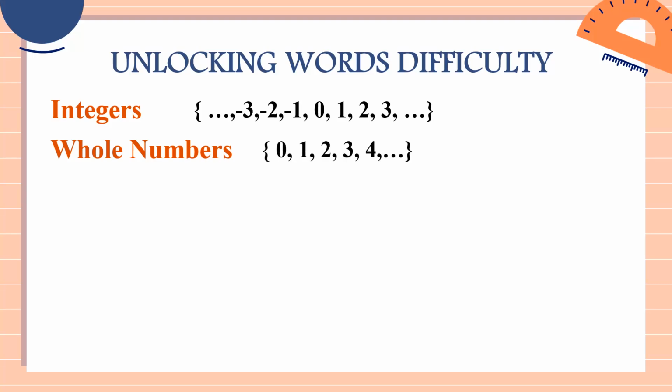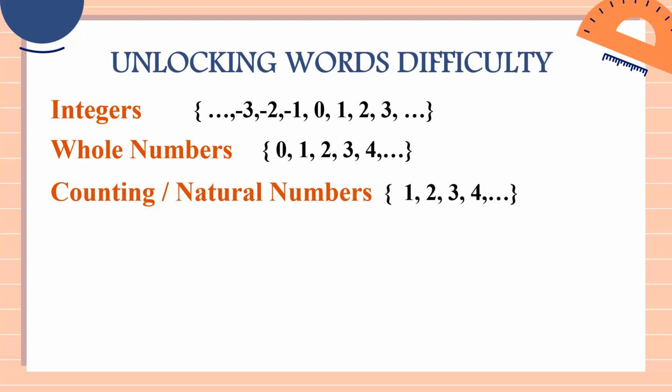And we also have whole numbers. So whole numbers, these will be our examples. So we have 0, 1, 2, 3, 4, and then so on and so forth. So for whole numbers, that would be including 0 and then all positive whole numbers. So that would be 1, 2, 3, 4 up to positive infinity. So you will start at 0. Now for counting numbers and then natural numbers, our examples, we have 1, 2, 3, 4, and then so on and so forth. So it will be including positive 5, positive 20, positive 50, and then up to positive infinity.